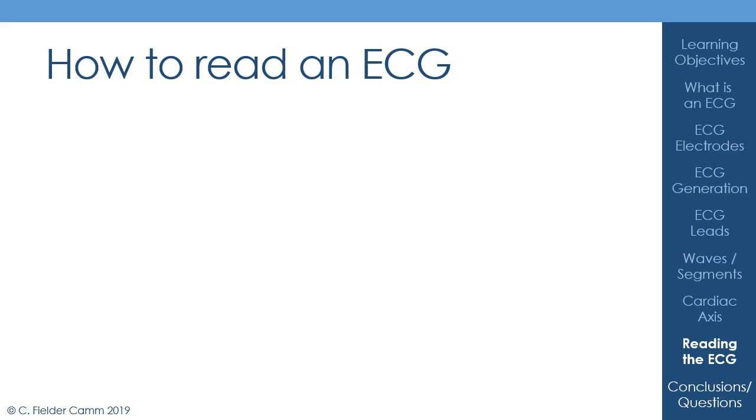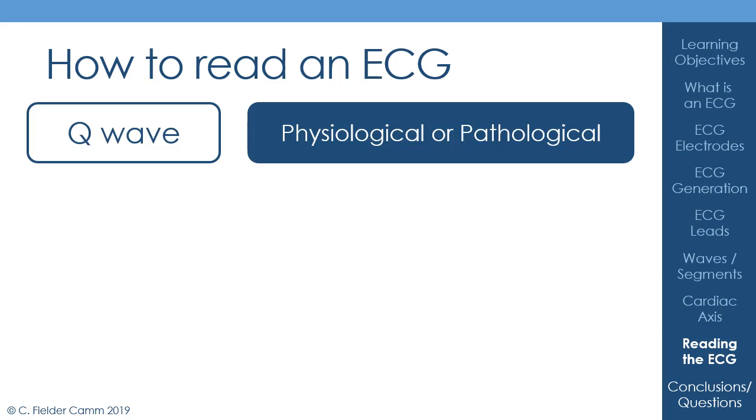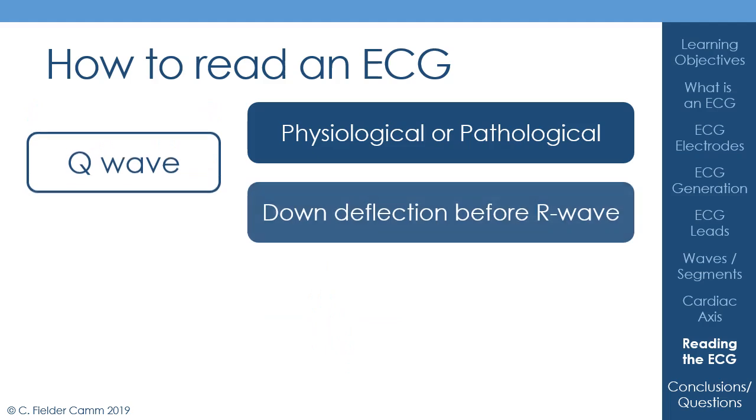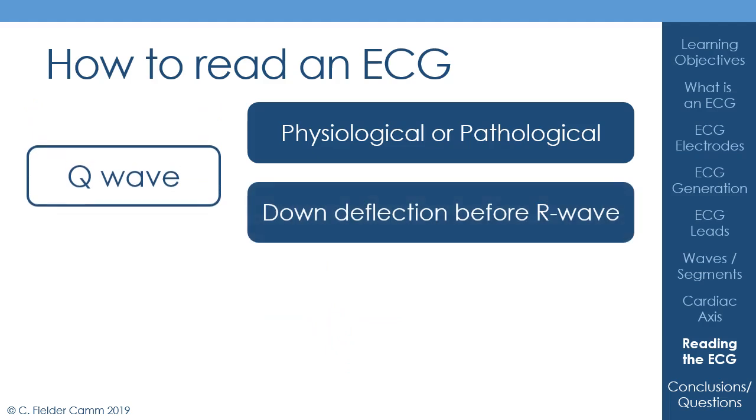of the QRS complex. And the first thing to look at with the QRS complex is, are there any Q waves present? Now, these Q waves can either be physiological or pathological. And the Q wave here is this little bit, and it's this downward deflection before any positive deflection. So the first positive deflection of the QRS complex is called the R wave. And so Q waves are only present if there is a negative deflection before any positive deflection. Okay, so if there's an R wave first, the downward deflection after that is an S wave, not a Q